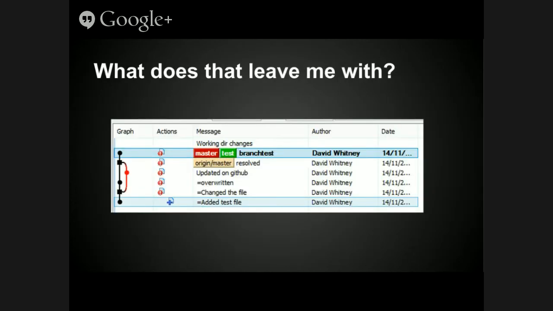So where does that leave me? That's the pretty visual diagram that TortoiseGit will render of that operation. And you'll notice that it highlights with little tags where master and test are currently. So it'll put those tags in the visual tree that correlate to the commits, the commit hash.